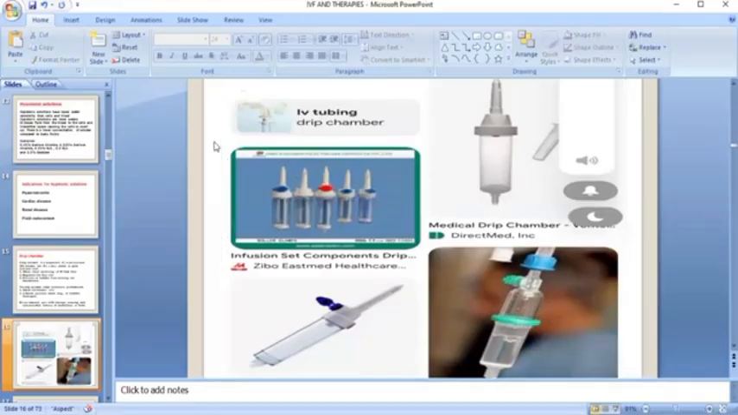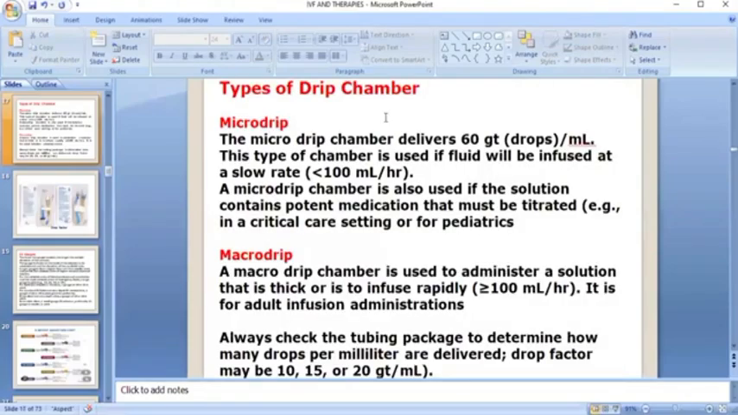Let's continue. Types of drip chamber. We have the micro drip and the macro